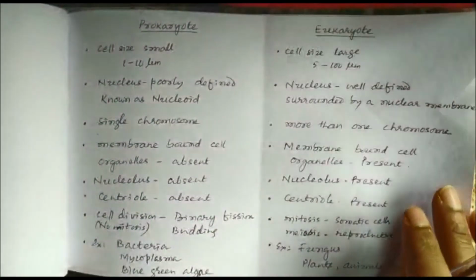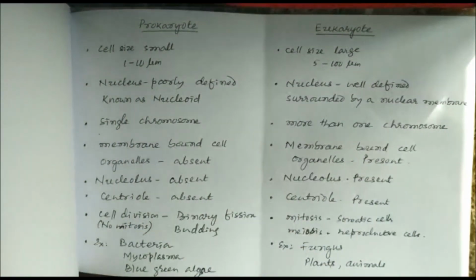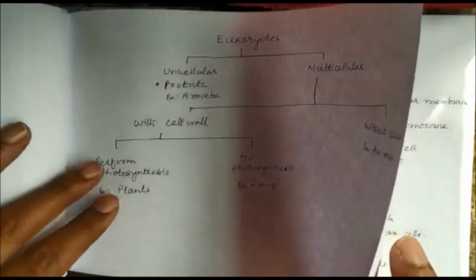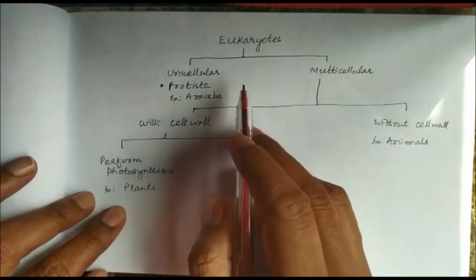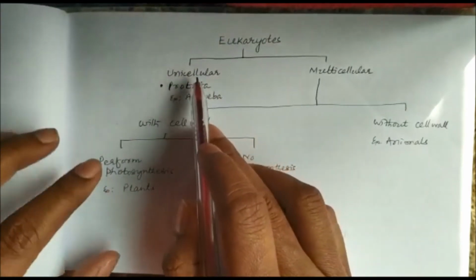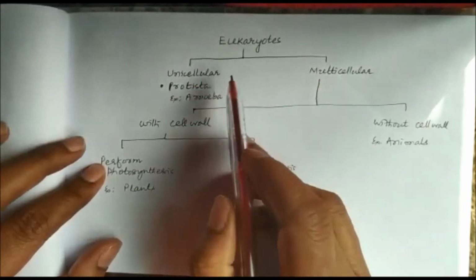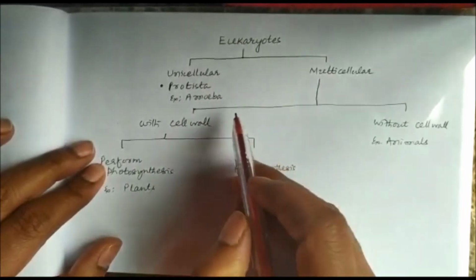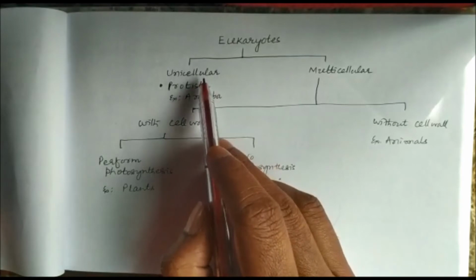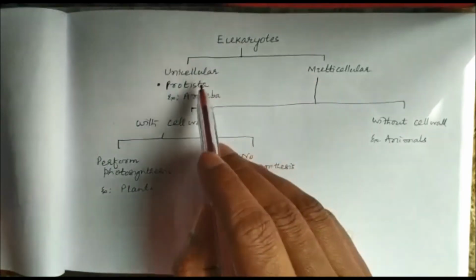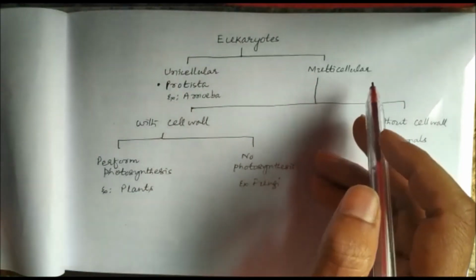Now, let us know something more about these eukaryotes. Eukaryotes can have one cell or a number of cells, so unicellular and multicellular. Protista like amoeba are examples of unicellular organisms or unicellular eukaryotes. And multicellular,